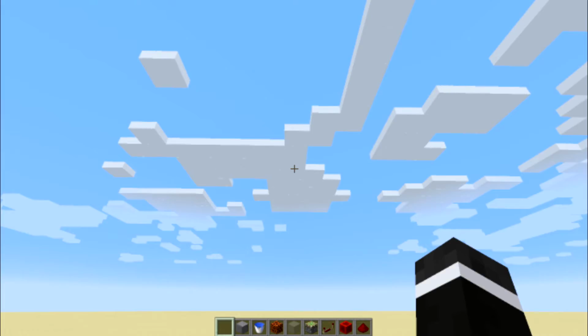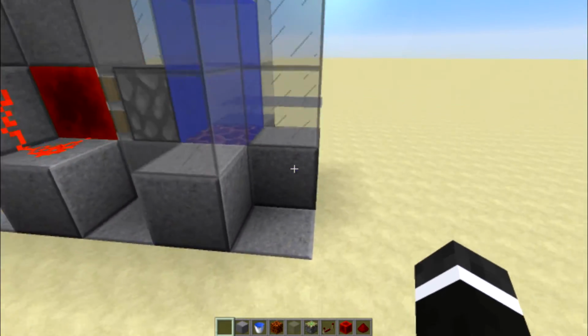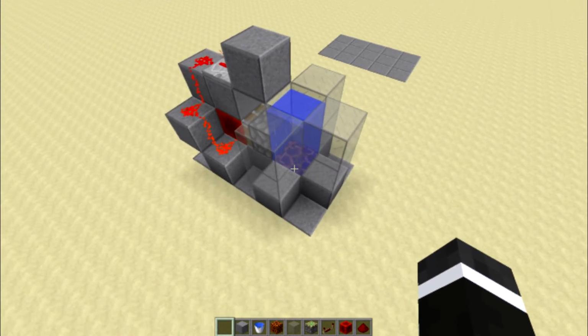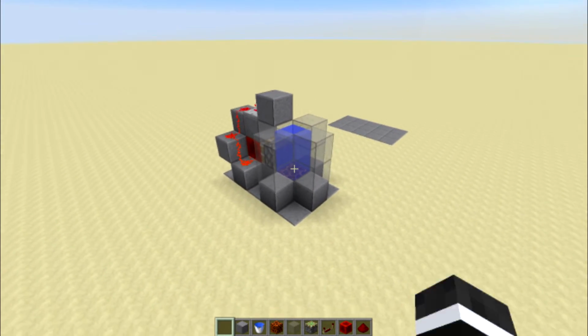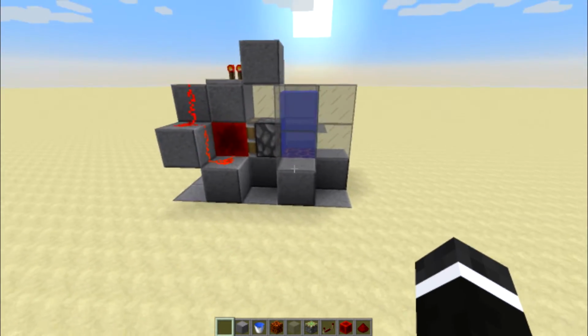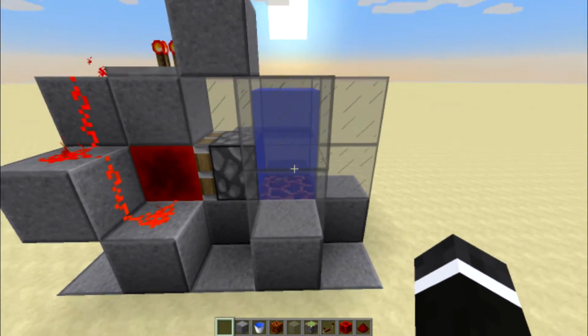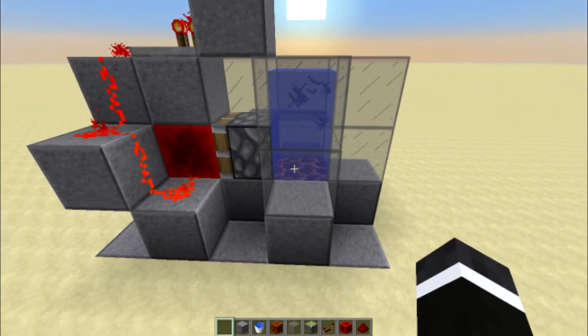Today I have a little bit of a shorter video tutorial for you guys. This is my new randomizer that I just built. It is using the magma block there. Basically what happens is you have this water that's flowing down onto this magma block, and actually, as you can